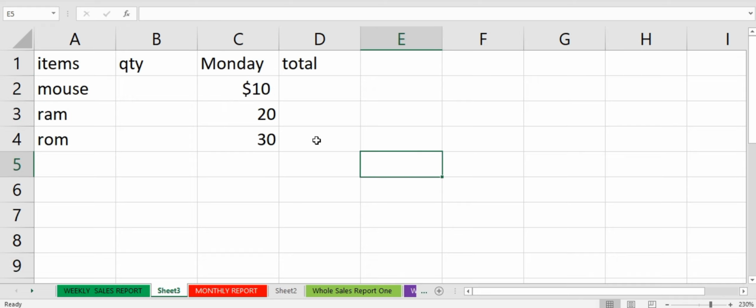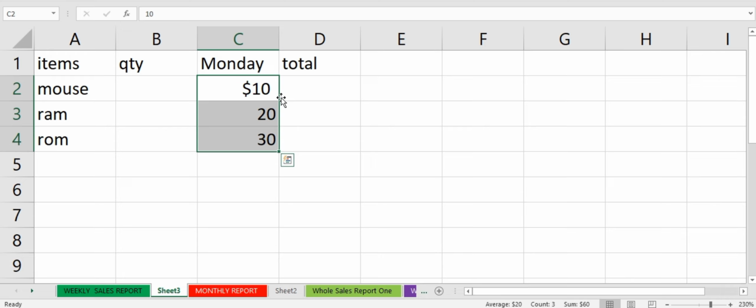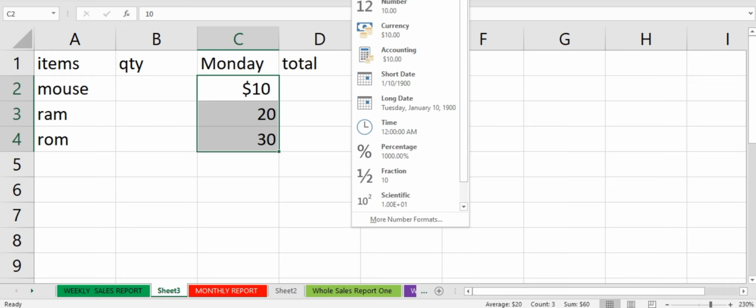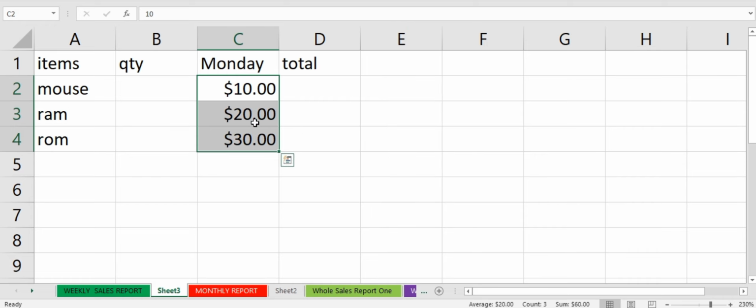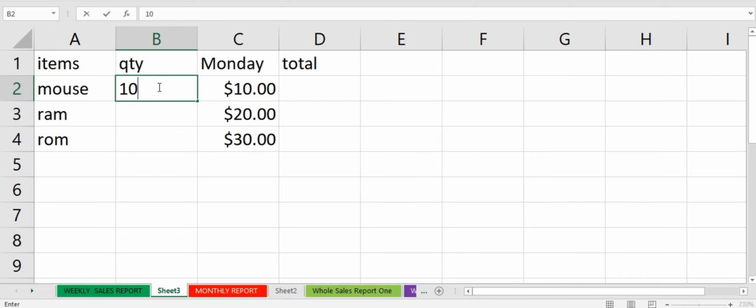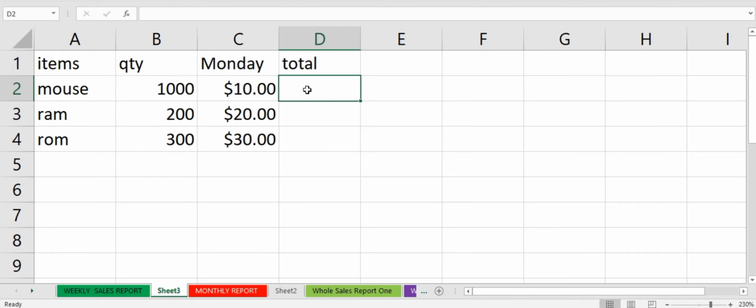In order to put a currency, you highlight, come to Home and go to the currency and put in the currency. So I come here, this is 1000 pieces. This is 200, this is 300. In order to know the total amount for this, I will click on this and then I type equal